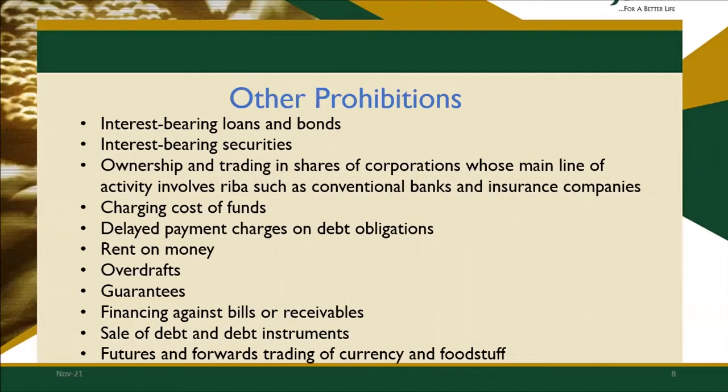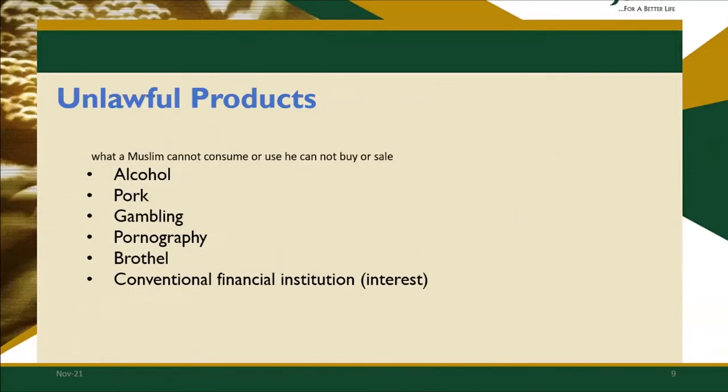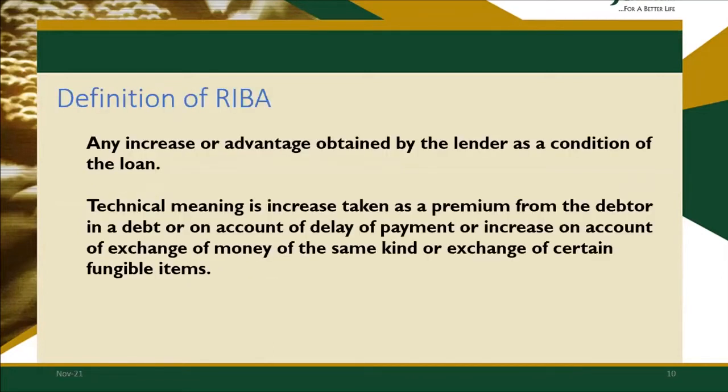non-interest model. Unlawful products, of course: alcohol, pork, gambling, pornography, brothels, conventional financial institutions, and what have you. All this we cannot invest in, and we cannot finance in our business. So now, this is the major foundation or the bedrock of the difference between an interest-based institution and a non-interest-based